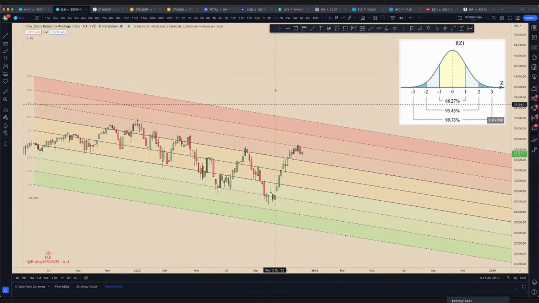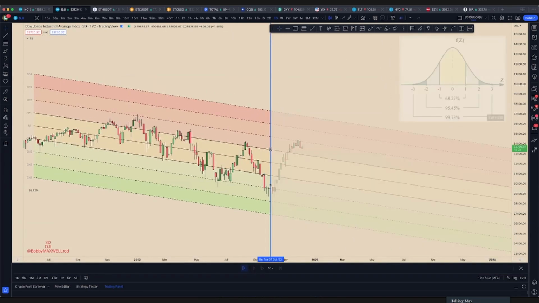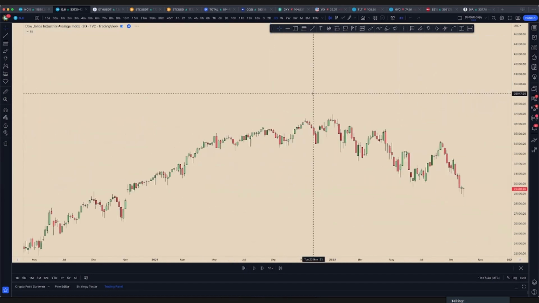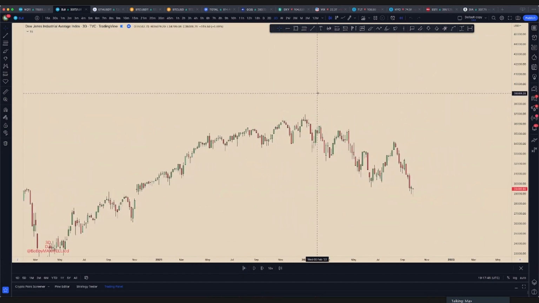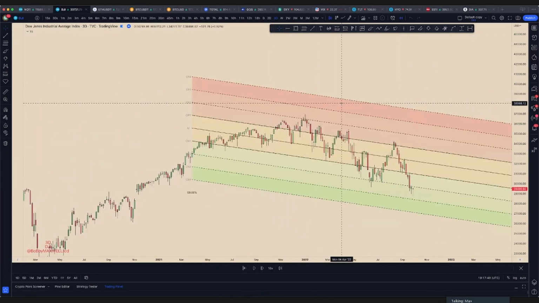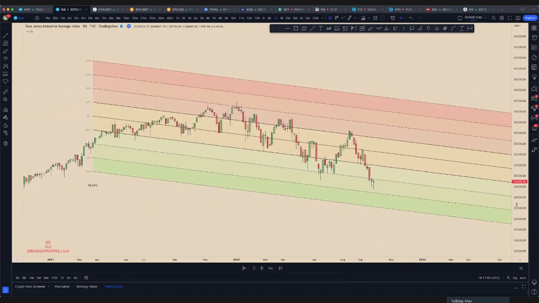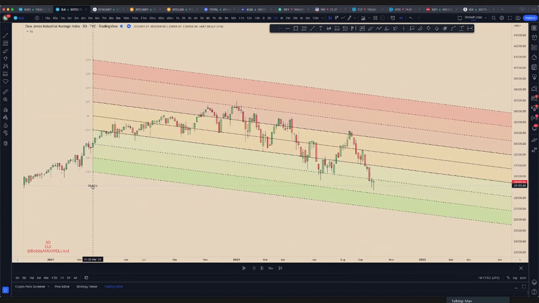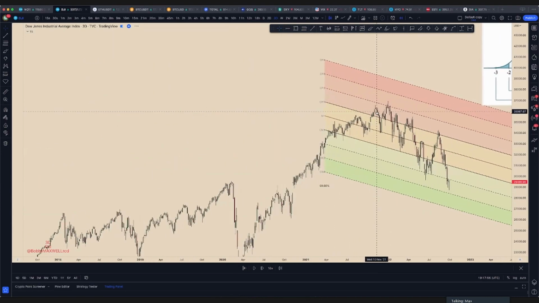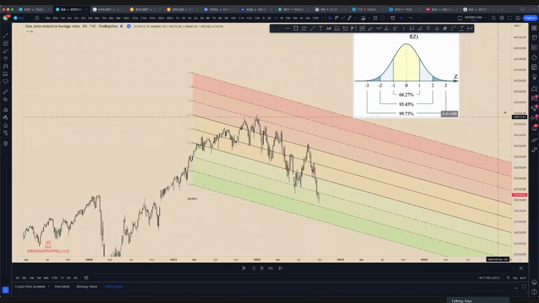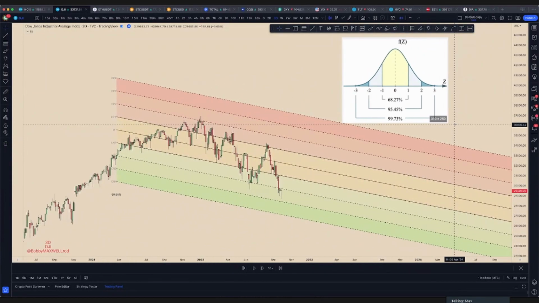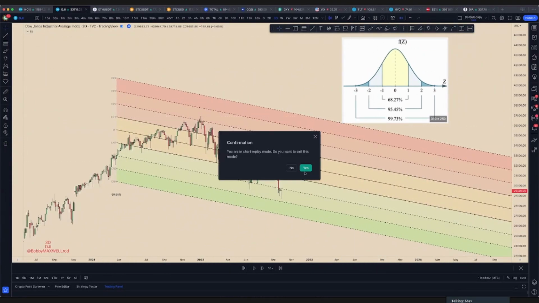So let's go back and rewind the chart. Let's see how we looked right here. Let's let the current load. So obviously you can see that Pearson's coefficient did adjust a little bit. We're now in a steeper downtrend, but you can see right here, we were more or less free falling, right? This is scary along here. Do you really want to long? I mean, let's even go back to,